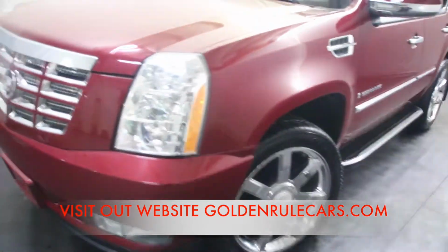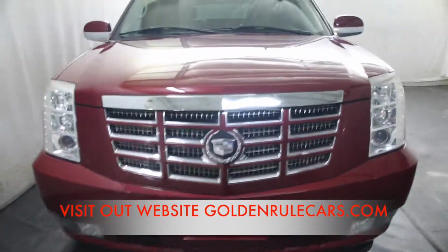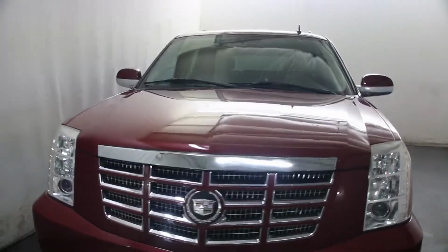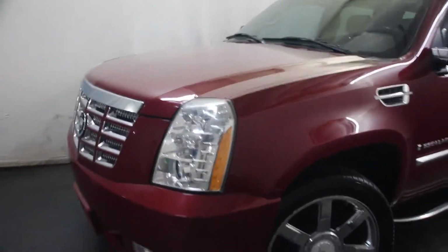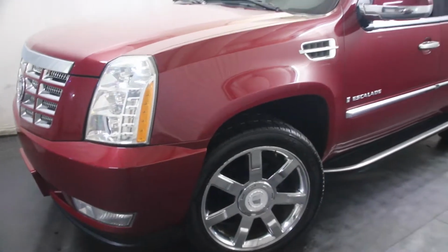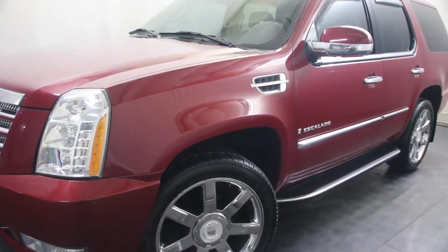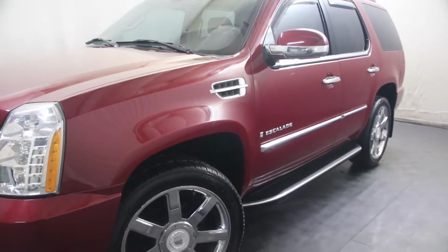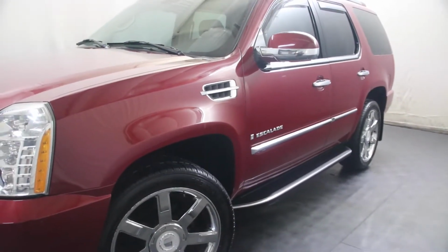So I'm going to be ultra critical of my vehicles, especially something like a Cadillac Escalade. For the most part, if you're looking at others online, you could just mark it down that the other ones have the same type of things as well. They're just not telling you about it. So I'm going to walk around this vehicle real quick and show you a couple minor things that at the end of the day are not abnormal whatsoever for what is essentially, according to model year, an 8-year-old vehicle. The new models are going to be released here in about a month, and this will be an 8-year-old vehicle. So for the year and for the miles, I would give this an 8 out of 10,